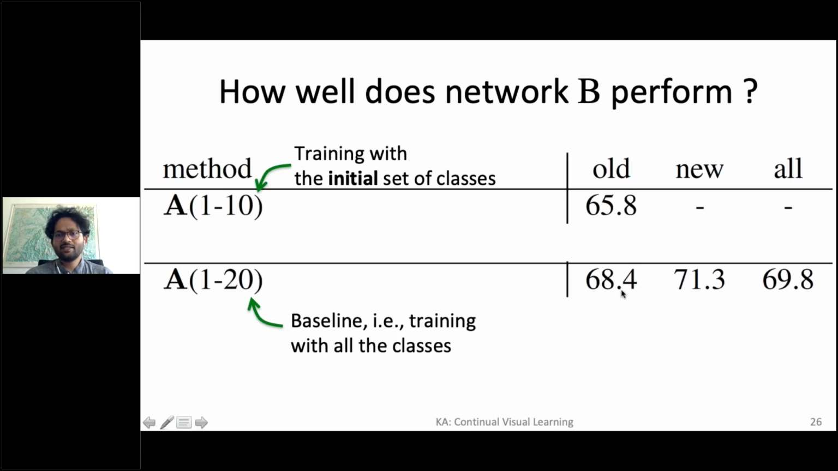So you get, let's say, 68.4 as the accuracy of detecting the first 10 classes, and 71.3 as the accuracy for detecting the new classes, which are classes 11 through 20, right? And the accuracy, just as a reference, of detecting all the classes is just under 70. Okay, so now I look at this setup of A and B, where I train my